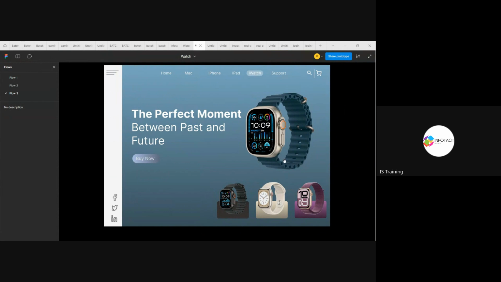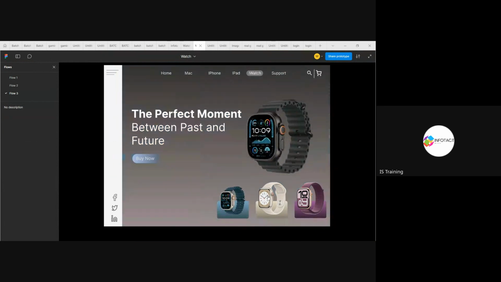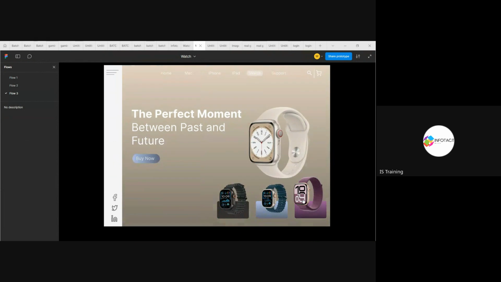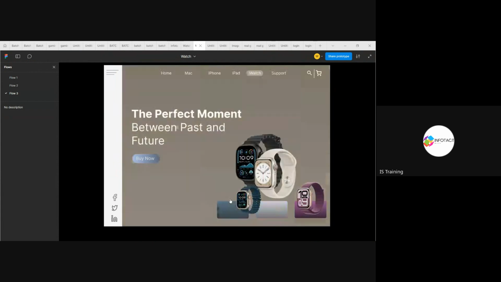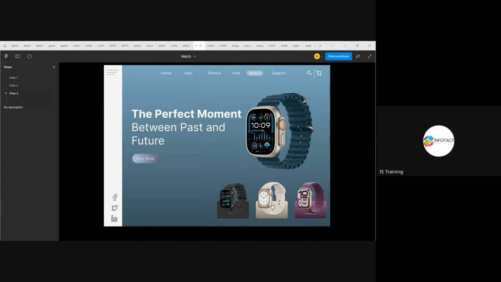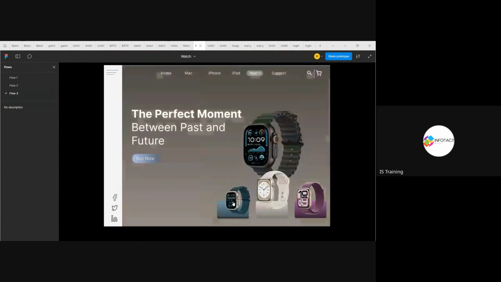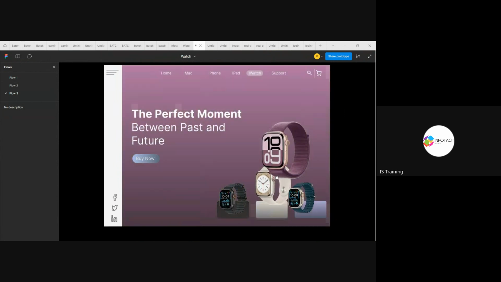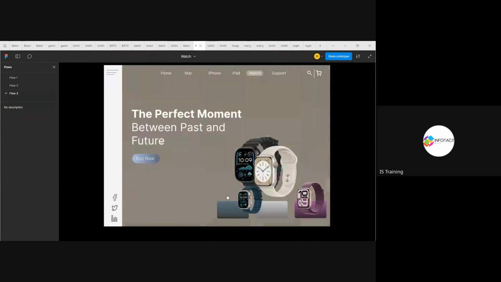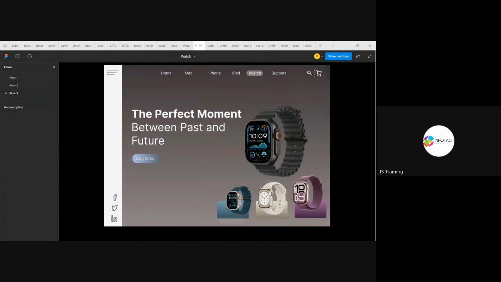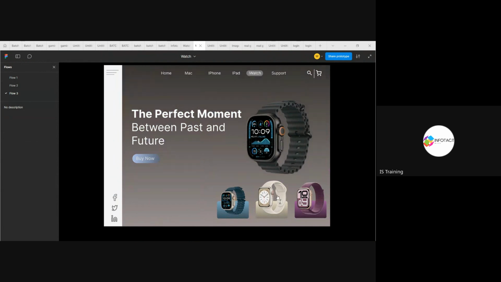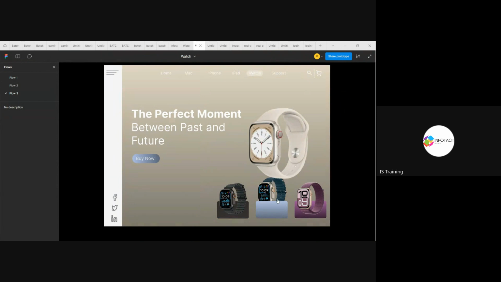Now here see the difference in the prototyping. Whatever I've done, I will let you know how I've done this part. You can see the difference, because there you were not able to see it properly. So here I have chosen different sorts of animations, if I say in some words.